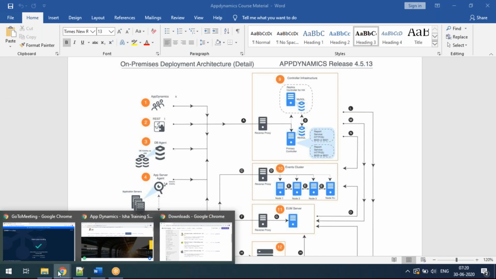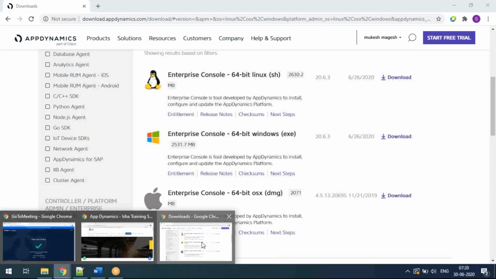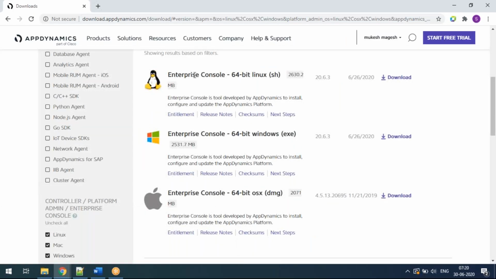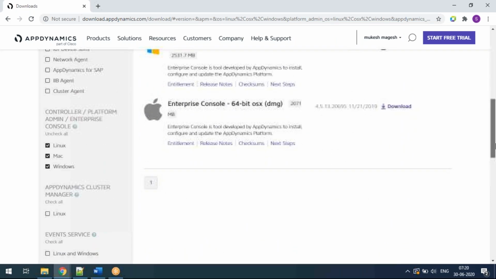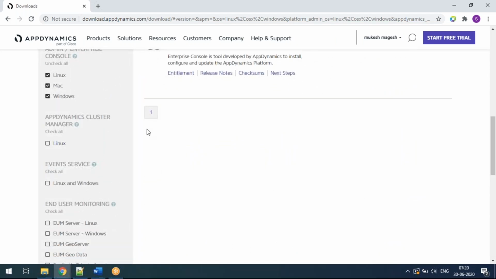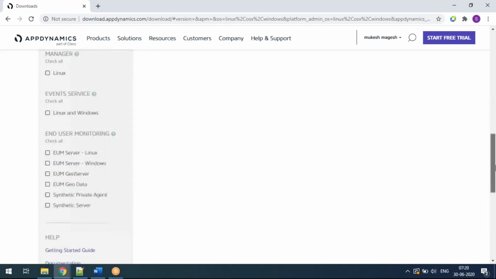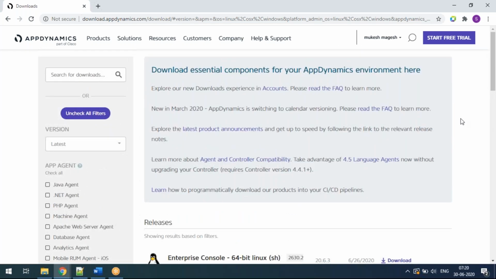If you see this download page itself, I showed you the enterprise console as a package. Here there is a separate component for event services alone, and cluster manager alone. So what that means is, if you wish, you can have multiple tiers created.